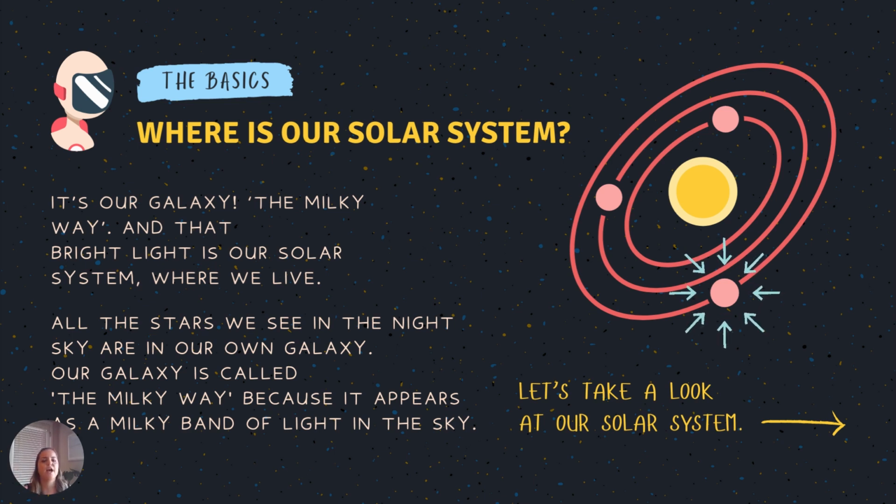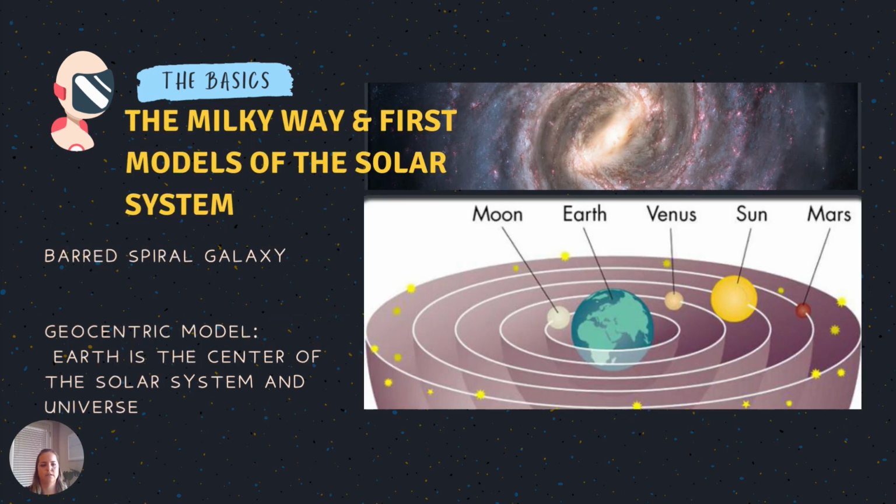Sorry about that interruption. So our galaxy is the Milky Way galaxy, like I said, and our solar system, all of the stars that we see from Earth in our solar system are all part of our own galaxy. We don't see stars outside of our galaxy. They're too far away to see. So that's kind of an interesting fact.